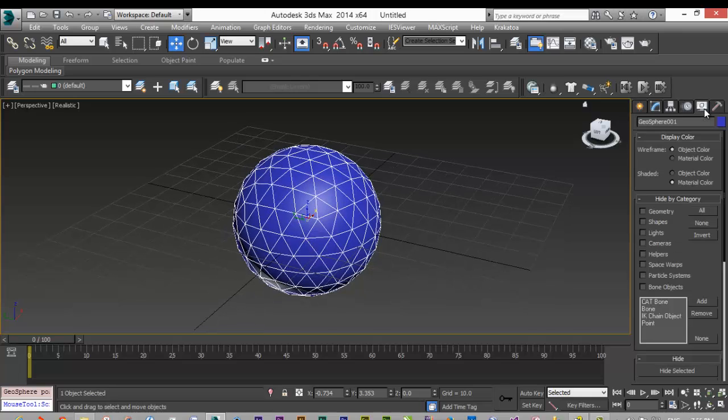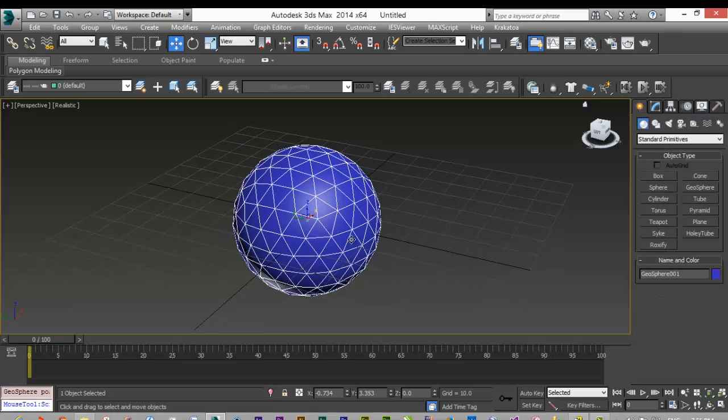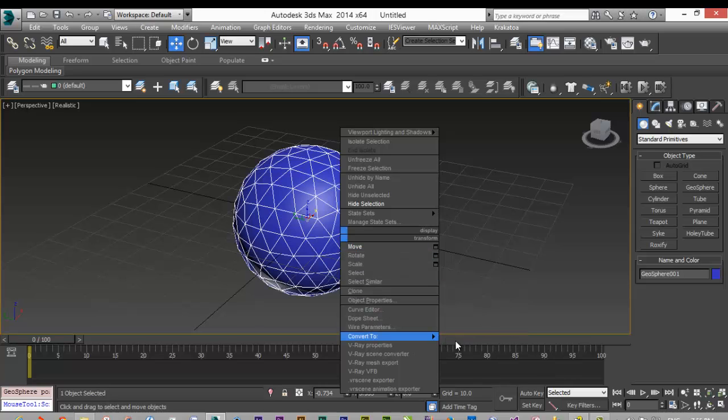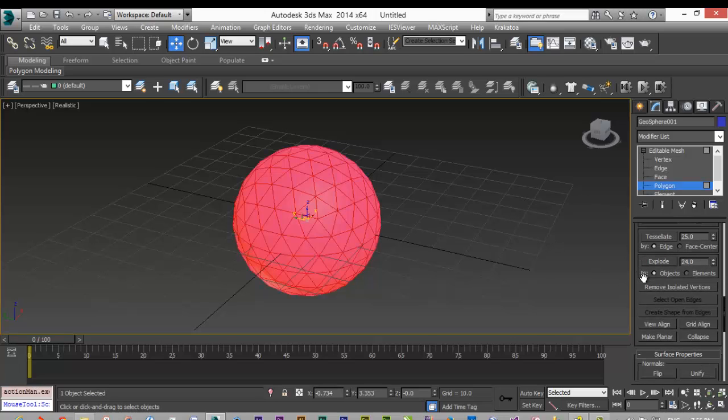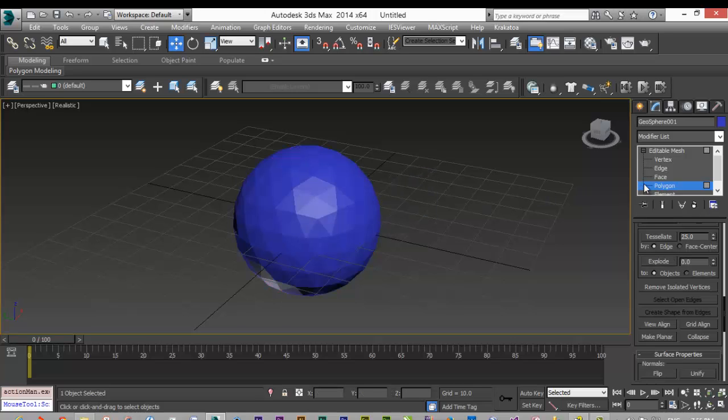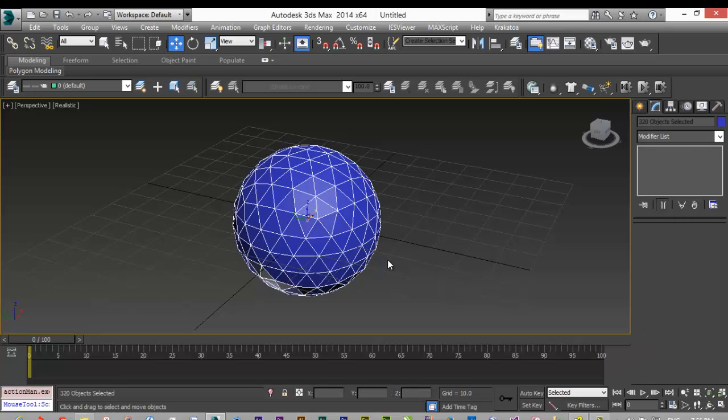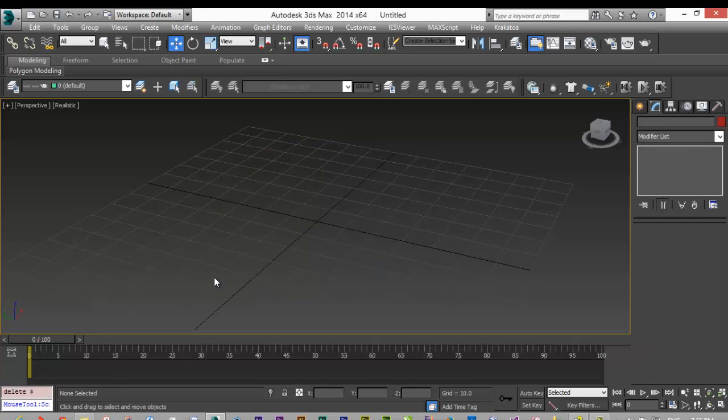So one easy way is just to convert it to editable mesh. Okay, and go to polygon, select all the faces, and go to explode, make it 0 and explode it, and you have it. Okay, but the problem is, this is okay and this is good, but we want to do